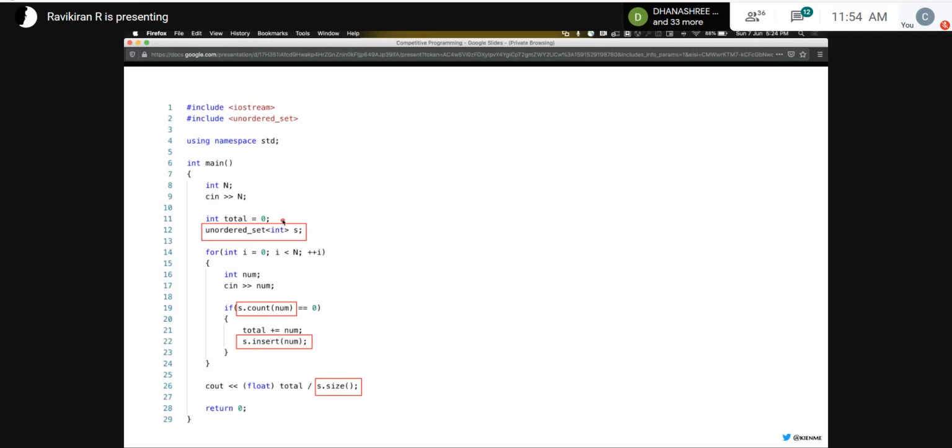So here's another important point to note. Whenever you're using sets and maps, almost all the time you want to declare it as unordered and not just a set. This is important because if you just declare it as a set, even that is available, it internally maintains an ordering, and that increases the complexity of your operations. And unordered set is a lot faster than set. On average, unordered set gives you constant time inserts and retrievals. So whenever you're using sets, always make sure to use unordered set and unordered map.